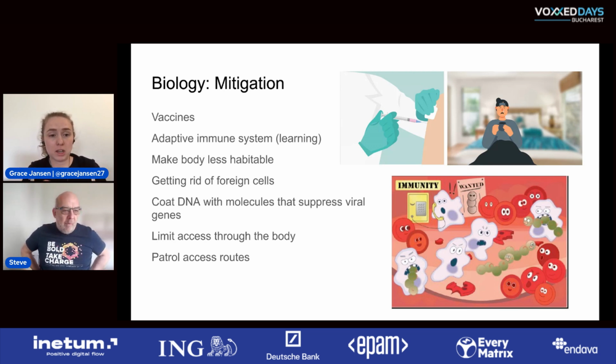Another thing you might not think about is your body is amazing at making itself a rubbish place to live when it realizes it's infected. So you might hate it when you get, say, a flu or anything like that, and you start to get a fever, for example. Your body gets really hot, you shiver, etc. And that's your body's way of making it a really uncomfortable place, deliberately. And although it's annoying for you, it's one of the best ways we have for making it much harder for infections to thrive within our bodies. So making it harder for them to spread and grow so that we can then tackle the limited number that we've been infected with.